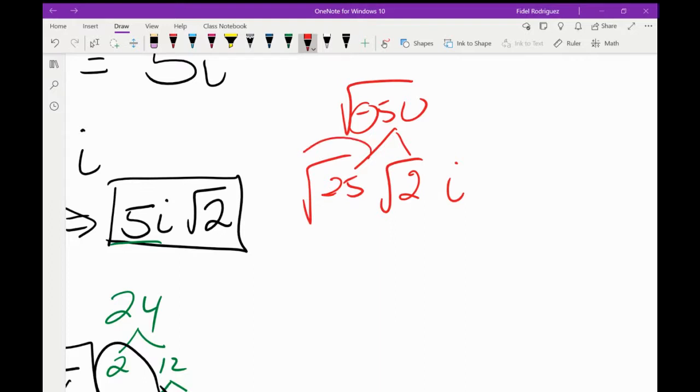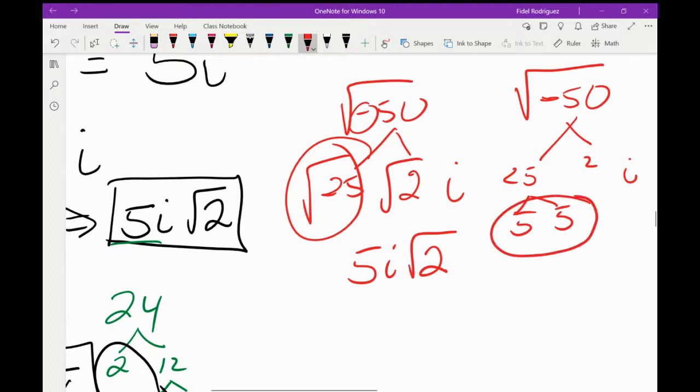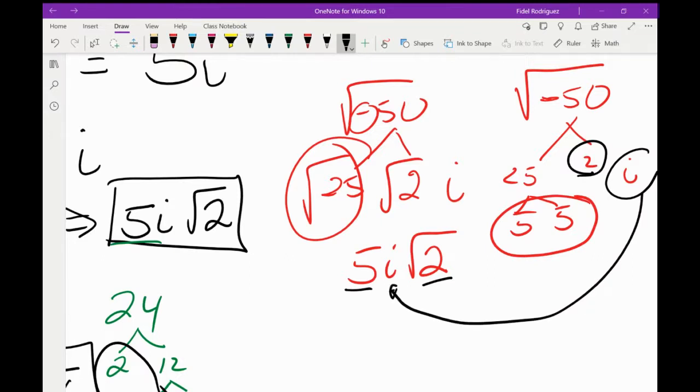And I'm still taking the square roots here. I knew this one here was the 5, right? So I said, look, let's just write it as 5i square root of 2. But I could have done this as well. So we said, look, there's a negative on the inside, so let's bring out the i. Now, 50, I know, is 25 and 2, and 25 is 5 and 5. So what do we have a pair of? We got a pair of 5s. Which one do I not have a pair of? The 2, and the i, since we took it out, was right there. But yes, you can definitely do that, right? You can definitely do that.